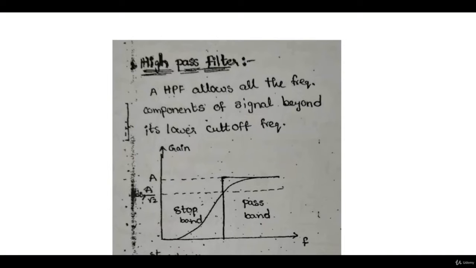Okay, so let's look at the high pass filter now. We have seen the low pass filter, and in the same manner we will have the high pass filter. A high pass filter will allow all the frequency components of the signal beyond its lower cutoff frequency. So there will be a cutoff frequency, above which the signal components will be passed, and below which the signal components will